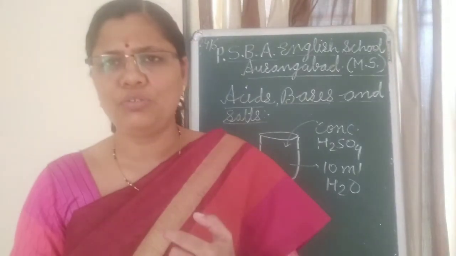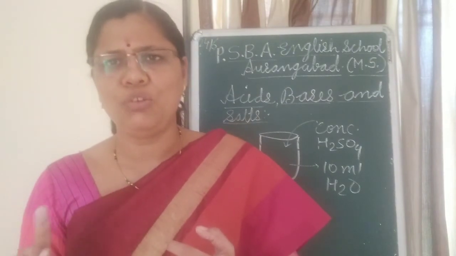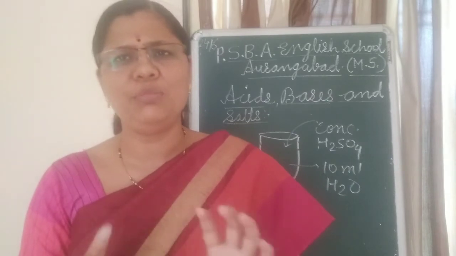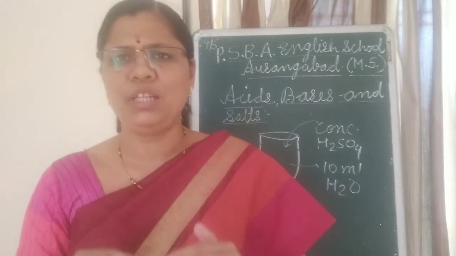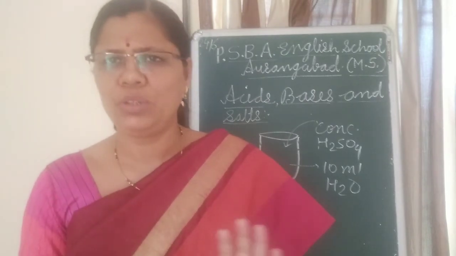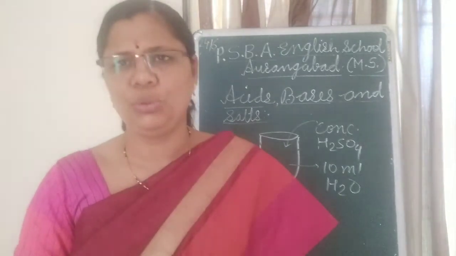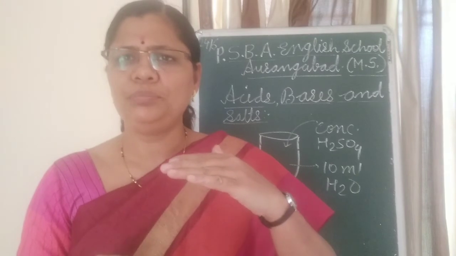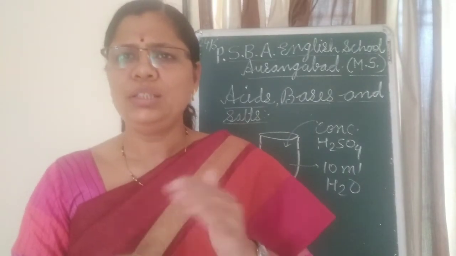Please listen carefully. If we are adding 5 ml of HCl into 5 ml of water, just consider that 5 ml HCl means 5 molecules of HCl and 5 ml of water means 5 molecules of H2O. Okay children, for the time being you just consider this in number of molecules. So 5 molecules of HCl, if we are adding them into 5 molecules of water, then